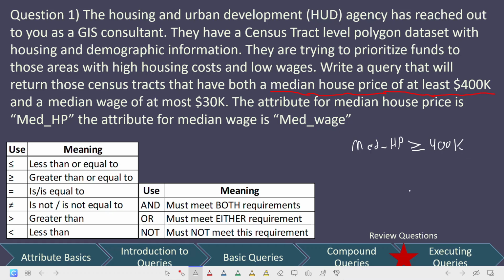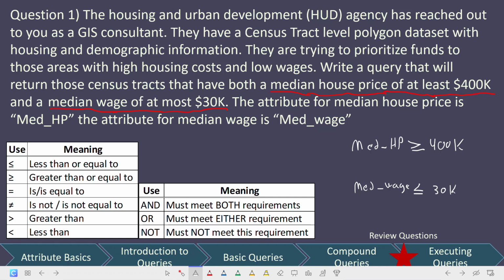We also have this second piece here of median wage of at most 30,000. The attribute here is med wage, so we can make a second query of med wage, and when we see "at most," that is less than or equal to